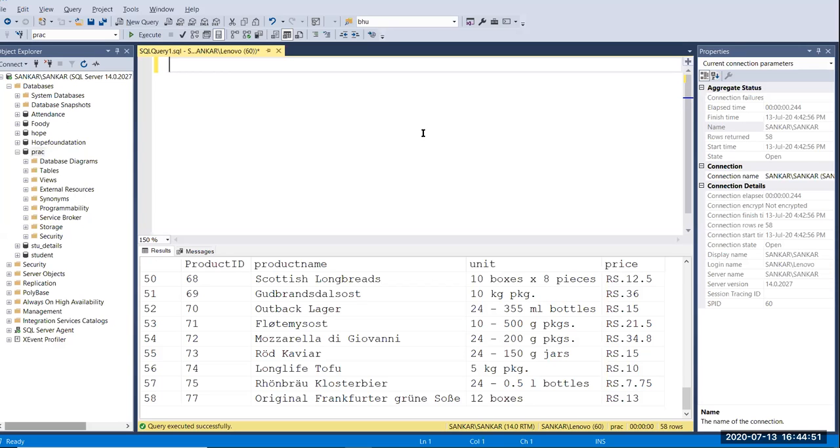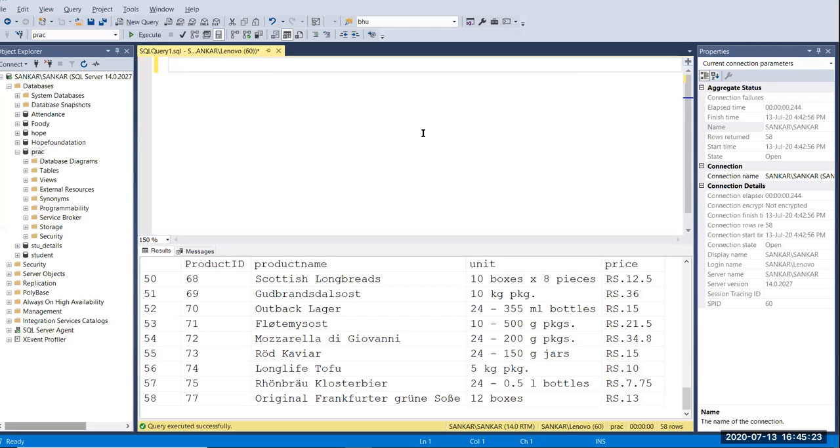The foreign key means, as we have seen in Saturday class, if we have to join two tables, we need a common column in both tables. The common column is called the foreign key. If we declare a foreign key in any field, this is the concept of parent and child.